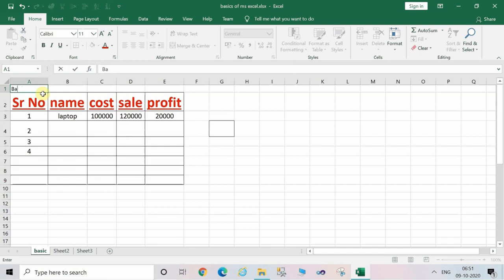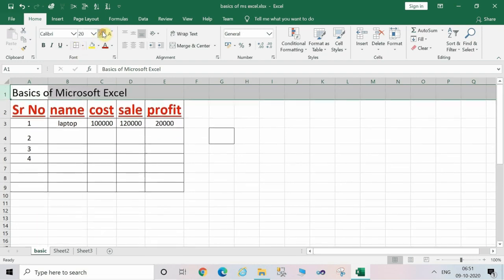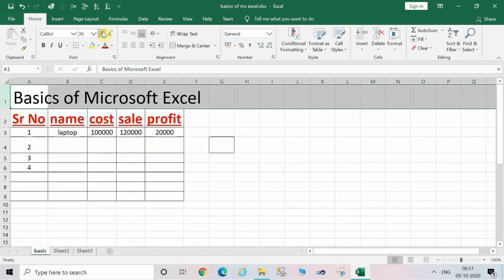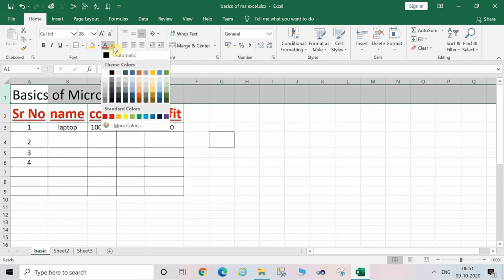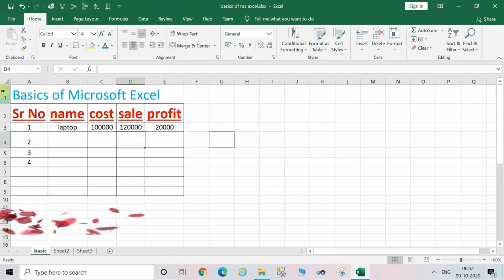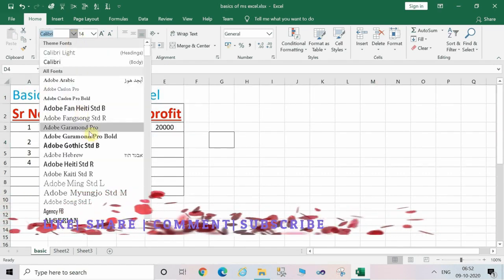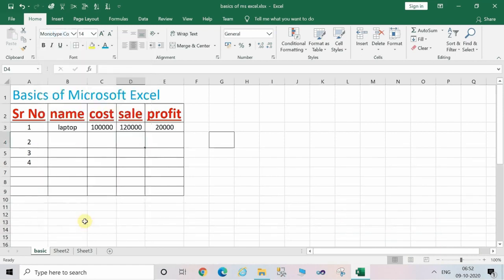Just type here something like basics of Microsoft Excel, and then select the cells which you want to merge and center. You can also change the color of the cell and change the font.